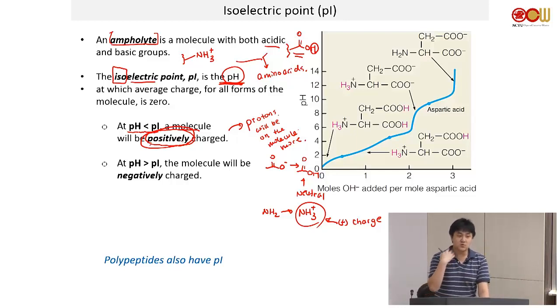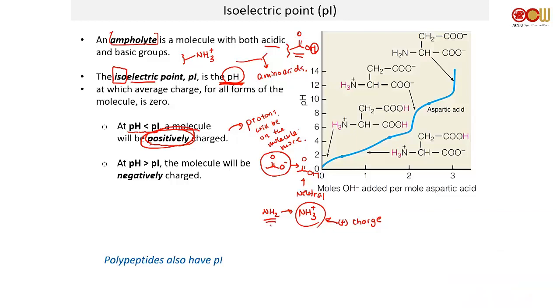So if you're removing a proton from the solution, you make negative charge and neutral. Okay? So you can see how when pH is greater than pI, the molecule will become negatively charged. That's great. Okay? So all amino acids are ampholytes. That is just like all amino acids are ampholytes because all amino acids have an amino group, which is